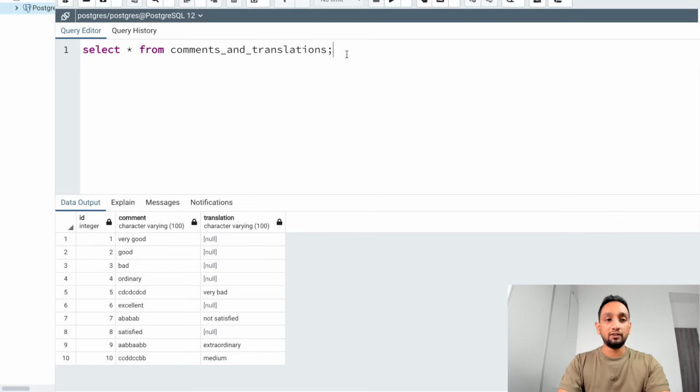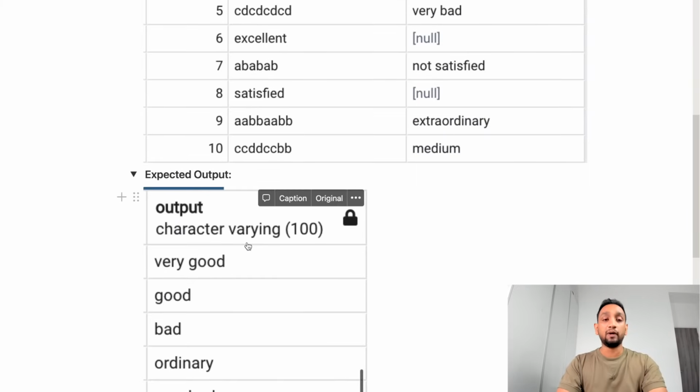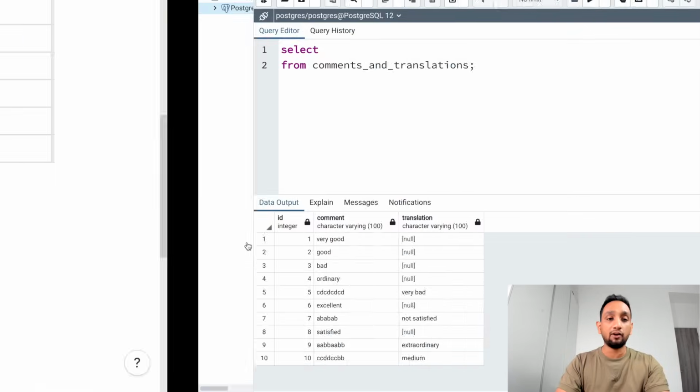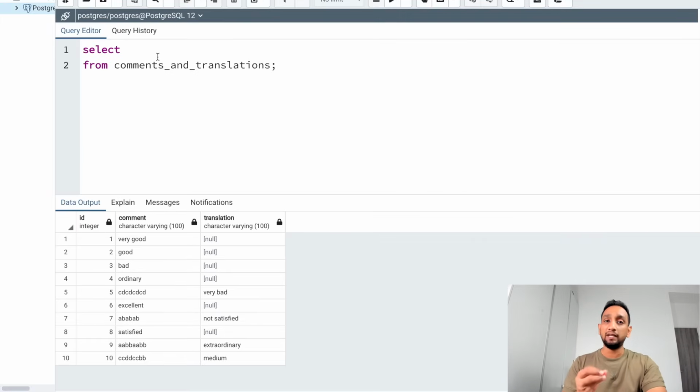Now, if I had to solve this, it's actually pretty simple. I can see that my output only has one column, so I am not bothered about all the other columns. I just need one column which is going to be named output. I can solve it in many different ways. One of the easiest ways to solve this is by using a case statement. So I can write case when